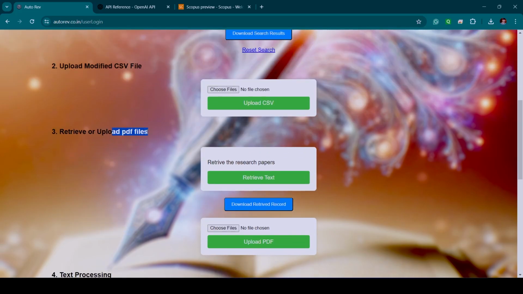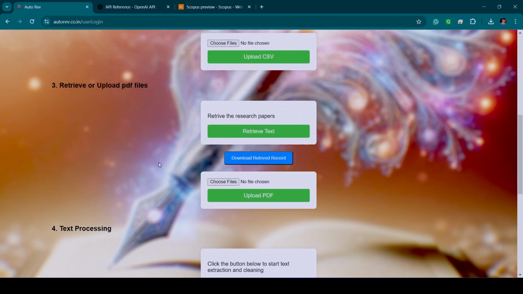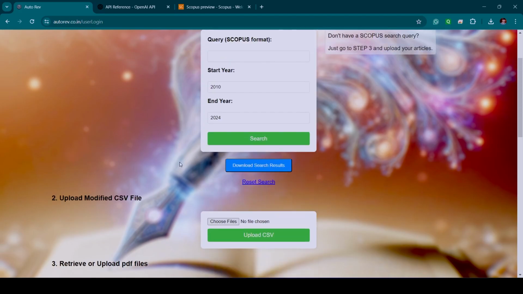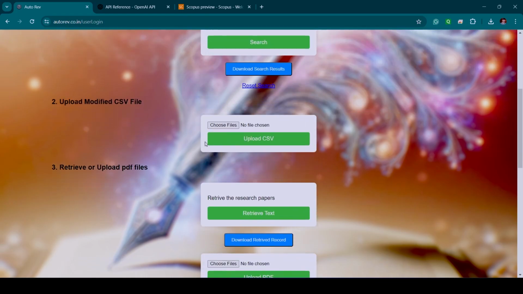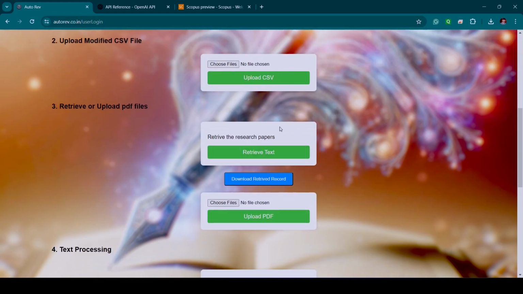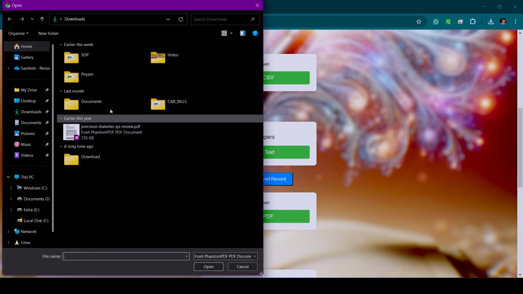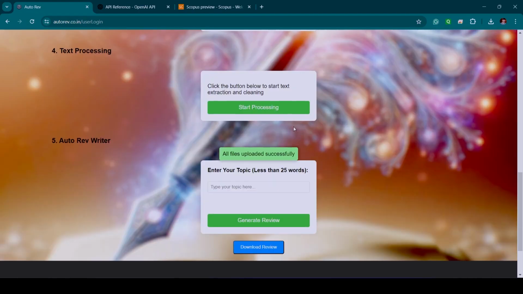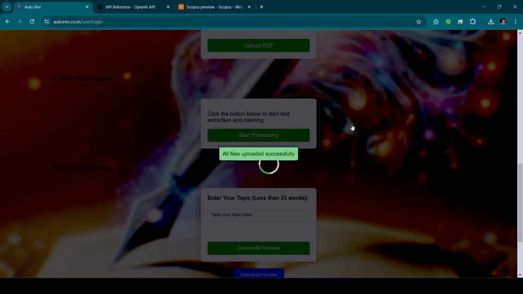Here is step number 3, and here we can just choose the article and upload the PDF. So we don't need to perform parts 1 and 2. This is retrieve text. If we have the article, then just choose the article file here, upload it, and again start text processing, and then